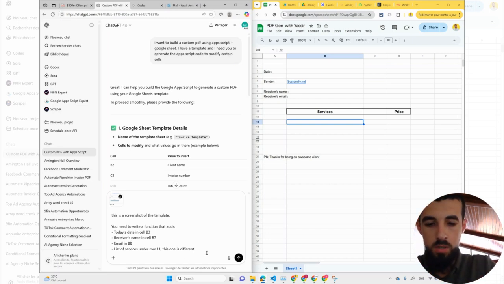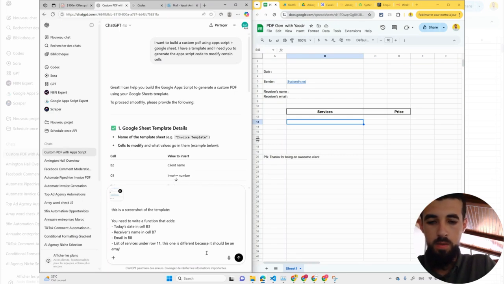This one is different because it should be an array of objects, an array, each cell in the array is a one item object,